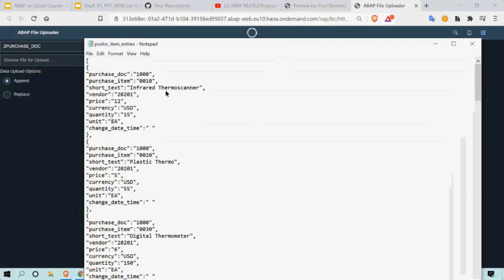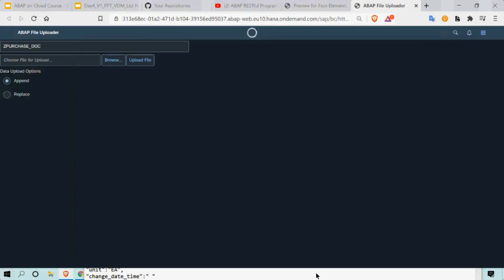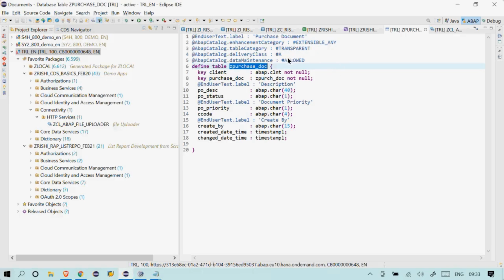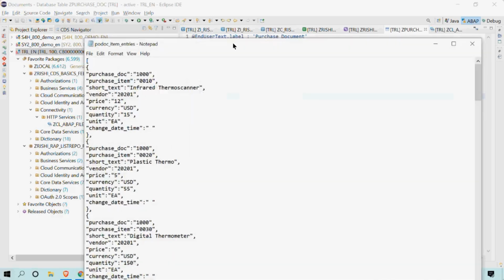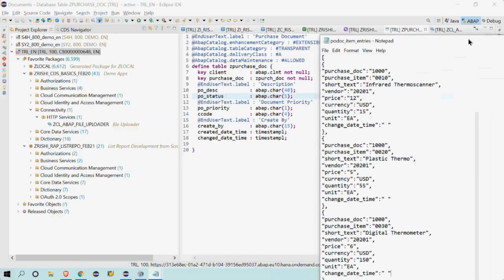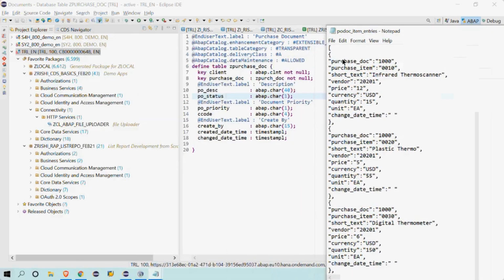If you look at this one, let's say my purchase document item, these are the fields which are there. Let me open the purchase document. So this is the table we have. You need to prepare a JSON file just like this, with the same field names that are given in the table. You have to create an entry separated by commas and provide the value for each field.